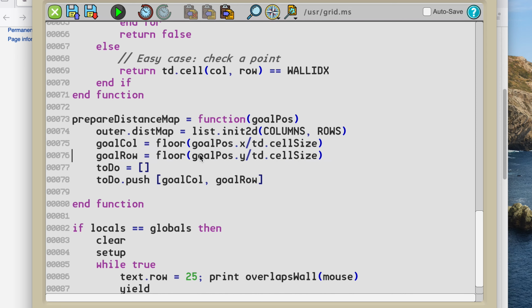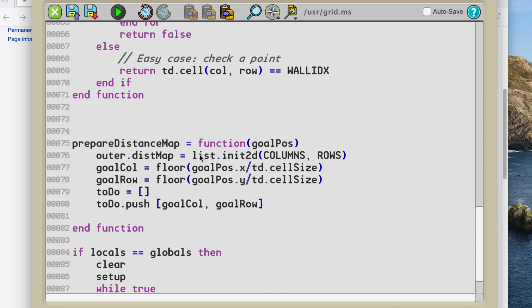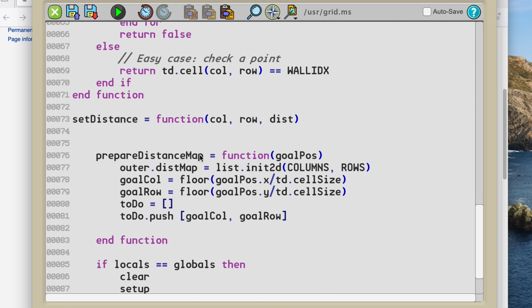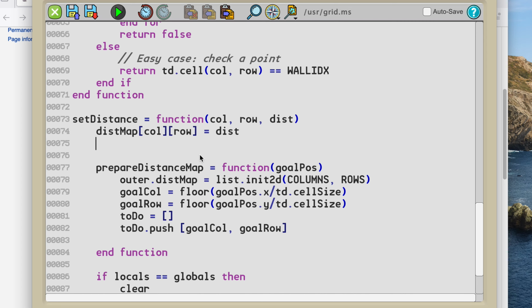Okay. And I want a helper method. Let's see, set distance, this function, column, row, dist. And this is going to store in our dist map. Column, row equals dist, and it's also going to tint the cell. So 2d.set cell tint,